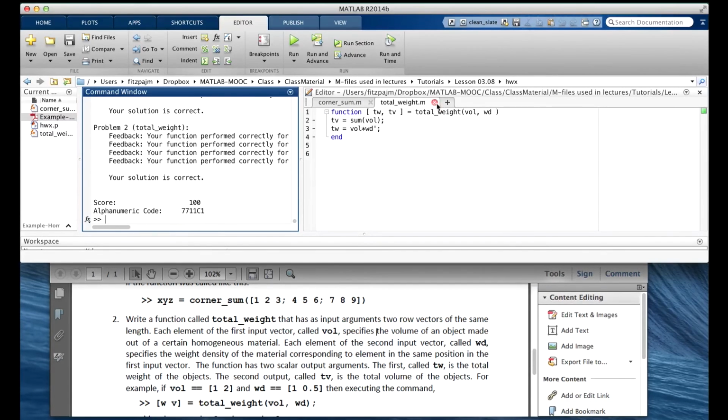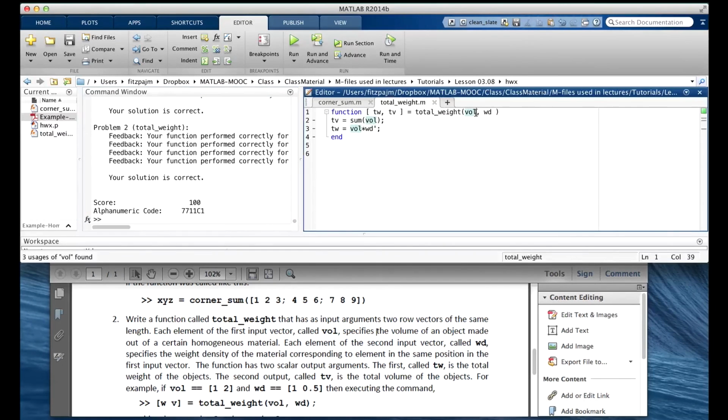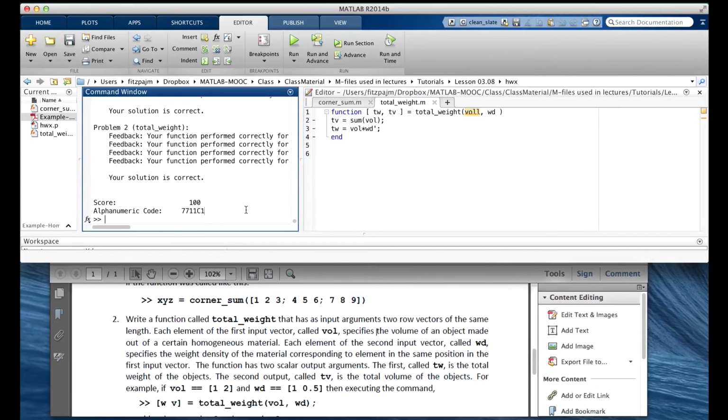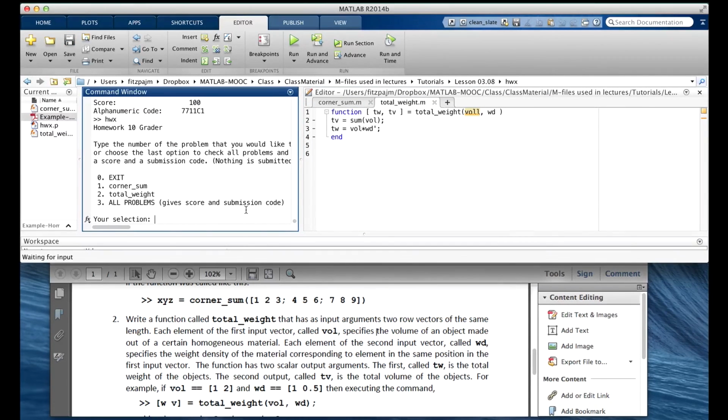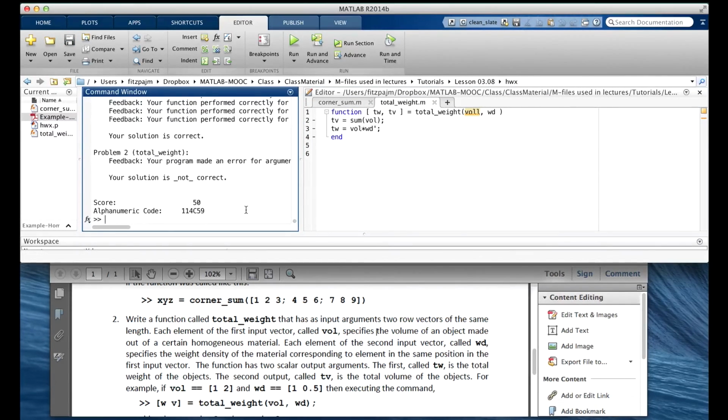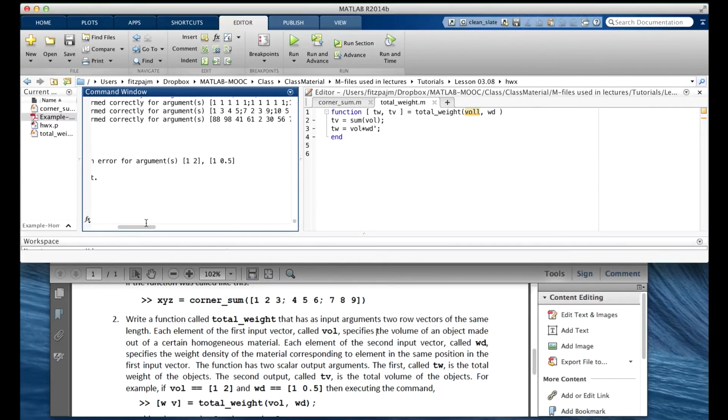Let's make a simple syntax error here. Suppose we accidentally typed VOLL instead of VOL. It's an easy mistake to make and easy to miss. Now let's run the grader. Pick 3. Your solution is not correct. It doesn't give you any hint that there was a syntax error.